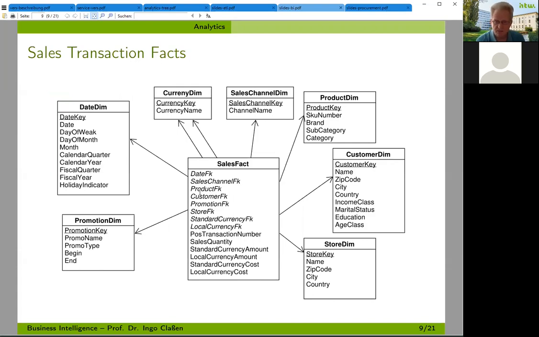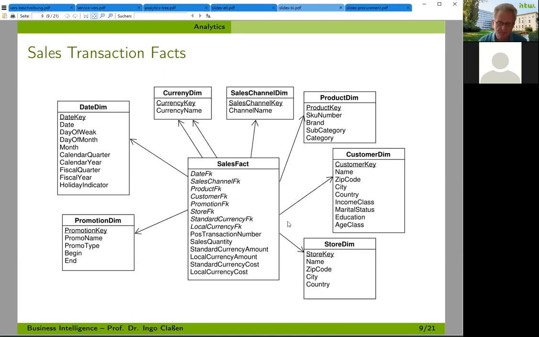And here we see a classical example. Yeah, sales facts. And as we see, sales facts might have quite a lot of dimensions, yeah, not only 1, 2, or 3, but many more, as we see. And so the usual dimensions are timing kind of things. So the date dimension,